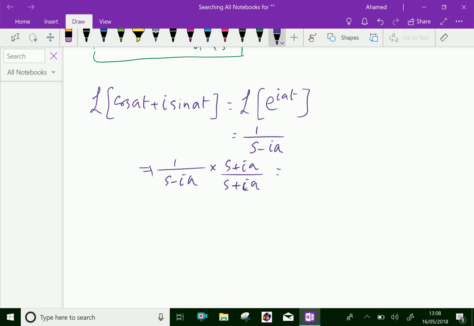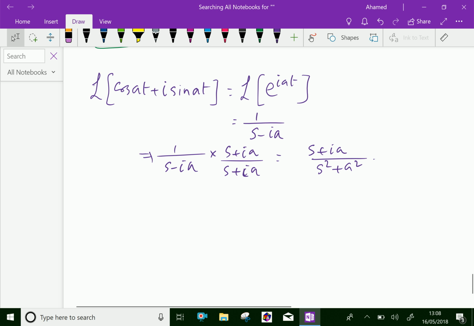Then the numerator is s plus ia and the denominator is s square minus ia whole square, that is s square, i square is minus 1, that is s square plus a square. Now comparing the real part on both sides,